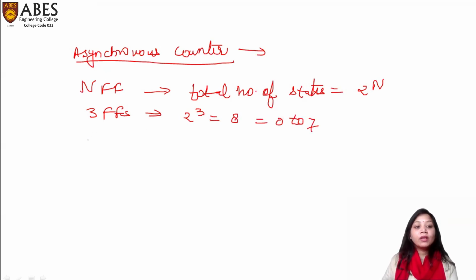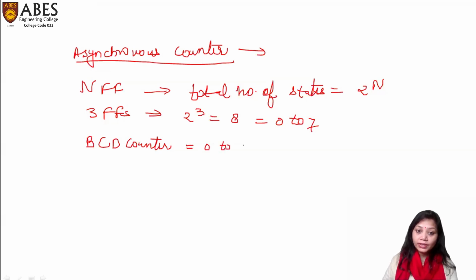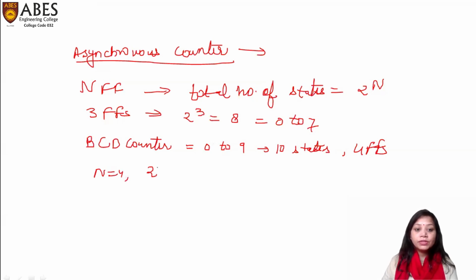If I want to make a BCD counter, BCD means 10 states, 0 to 9. So 10 states. That means we require 4 flip-flops, in which 4 flip-flops means we have n equals 4. So that means total number of states would be 2 to the power 4 equals 16. So that means